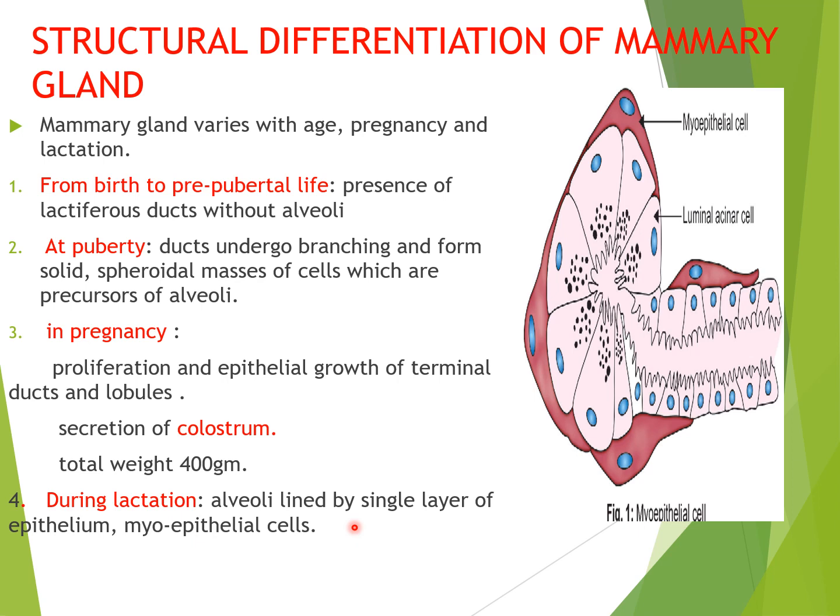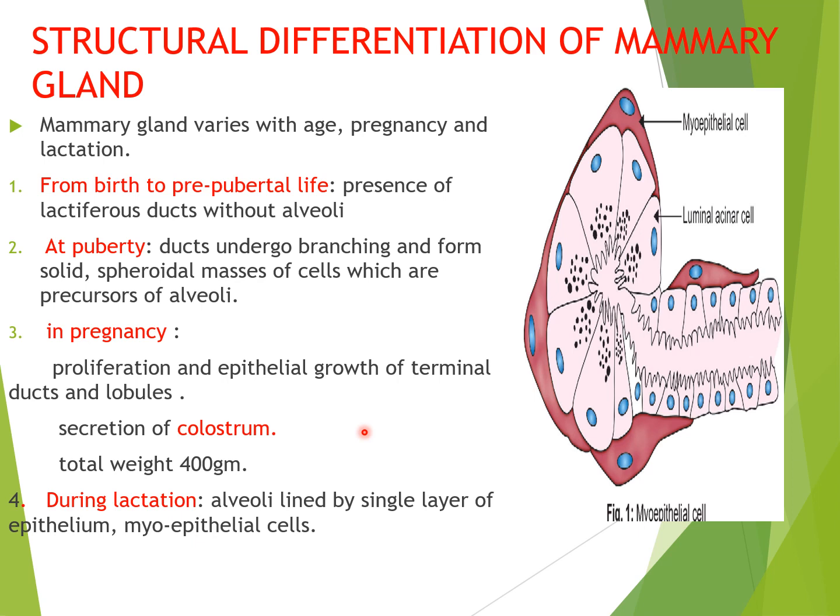So then there are hormones acting on glandular tissue. You have estrogen. That estrogen stimulates the growth and branching of the ducts. Then you have progesterone. It is responsible for the formation of the alveoli, that is at the end of the branching ducts. Then prolactin and growth hormone maintain the lactation. Then we have one more hormone, oxytocin, which helps in milk ejection, that is initiated by the suckling reflex.